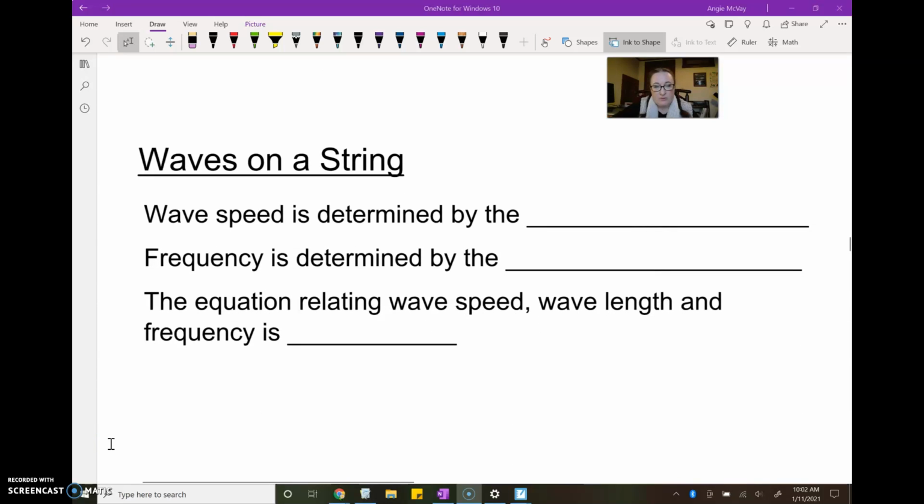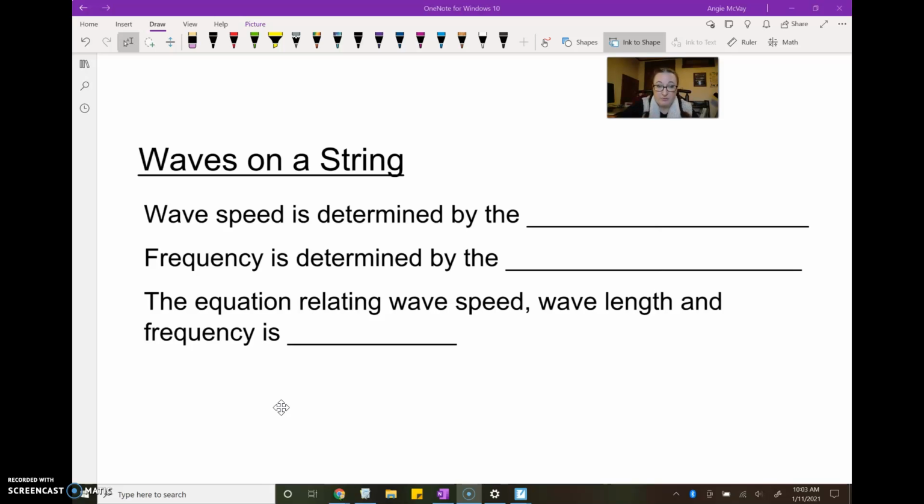Okay. Before we start talking about sound, let's take a little bit of time to refresh our memory about how waves work. We talked about waves on a string, and we did that PhET simulation a while back. And then we looked at general oscillatory motion with simple harmonic motion. And now it's time to look at another oscillation that is sound. You can make sound in a lot of different ways, but it is still a wave. So let us talk in general about waves.